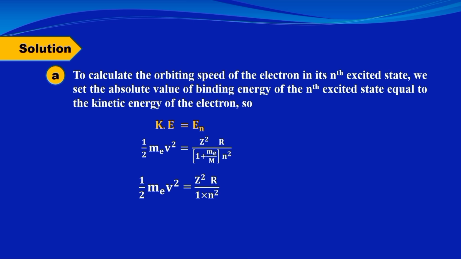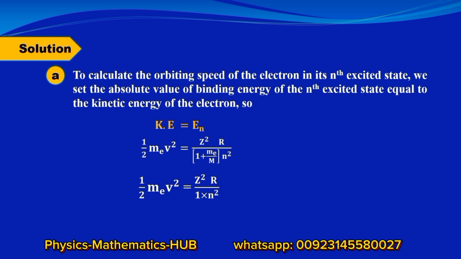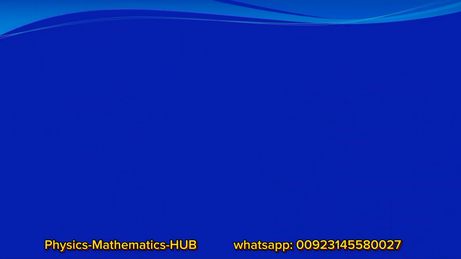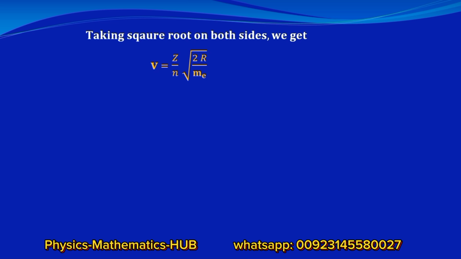So we get 1/2 m v squared equal to Z squared R divided by n squared. Solving the equation for v, we get v squared is equal to 2 Z squared R divided by the mass of electron times n squared. Now we will take the square root on both sides. We get v is equal to Z divided by n times the square root of 2R divided by the mass of electron,